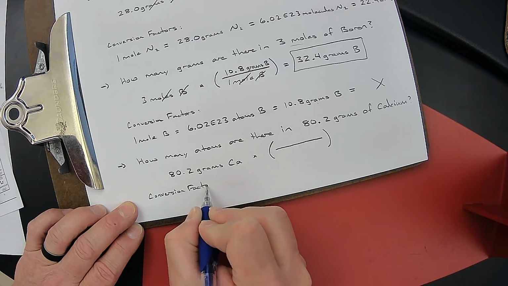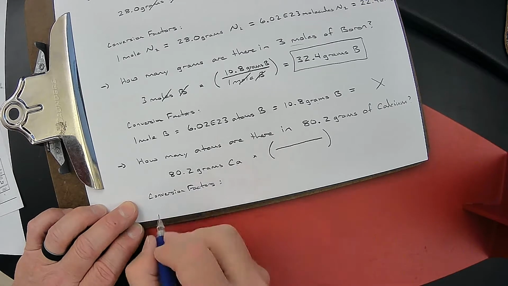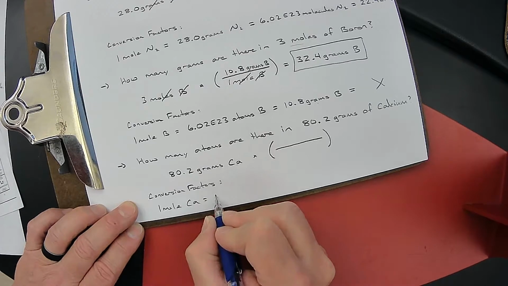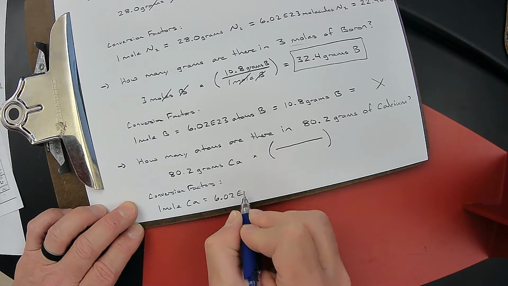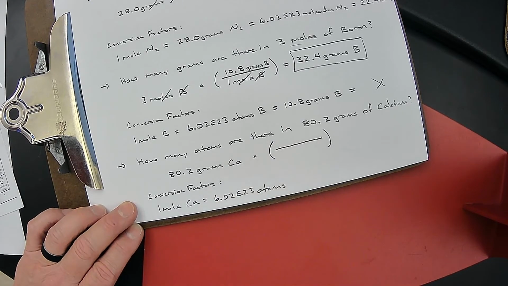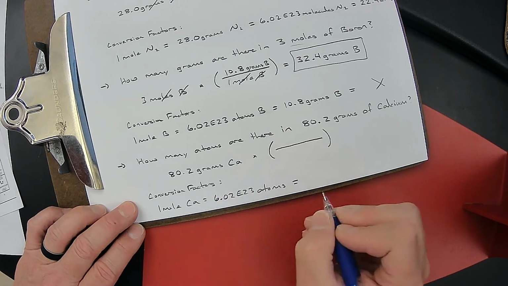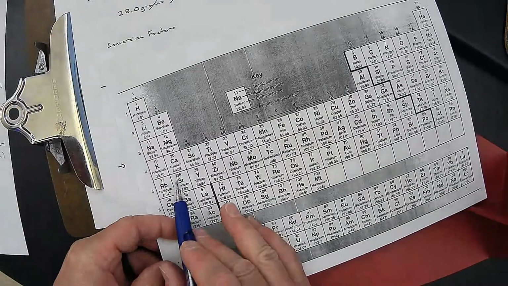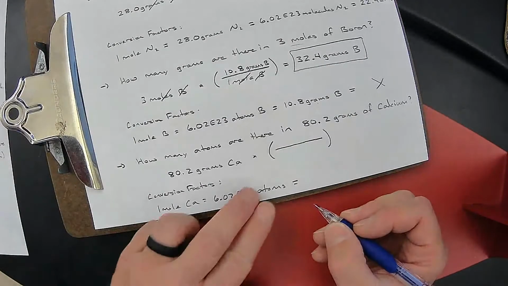Conversion factors. Well, I know that 1 mole of calcium is equal to 6.02 e to the 23rd atoms of calcium because it's just calcium, which is also equal to, if I go to the periodic table, it comes out to 40.1